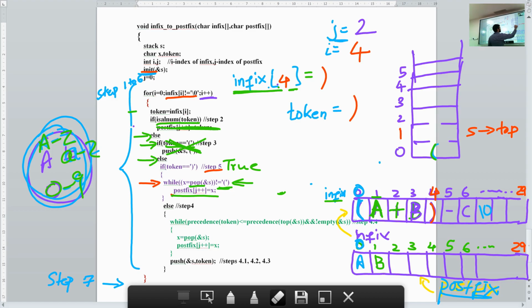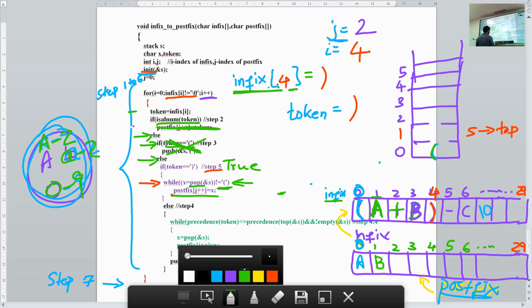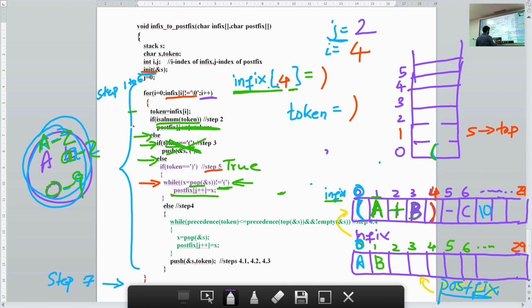When we pop this plus, it will be stored in the variable x. Then whatever is stored in x will be added to the postfix array. What is there in x? Plus.